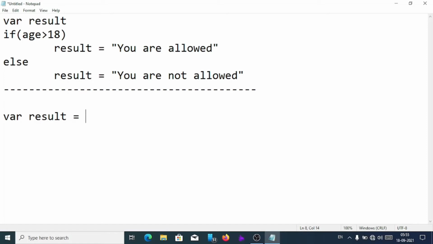Now we'll write the condition. Condition is age greater than 18, then question mark and true value. True value is you are allowed, then colon sign and false value.